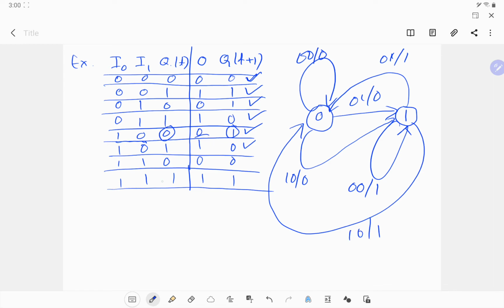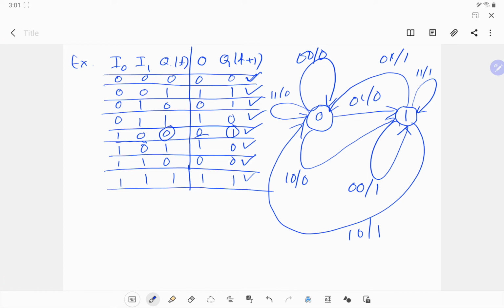Then we have 0 to 0. Input 1 and output is 0. Then we have 1 to 1, and no state changes. So input 1 and output 1. That's the state table. So now, in order to design the circuit, we need to find two functions,